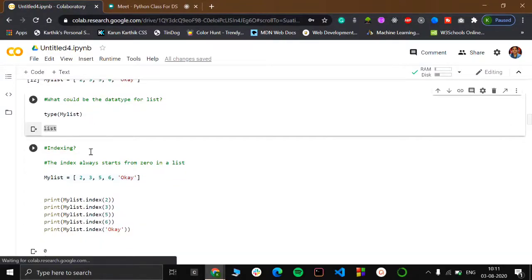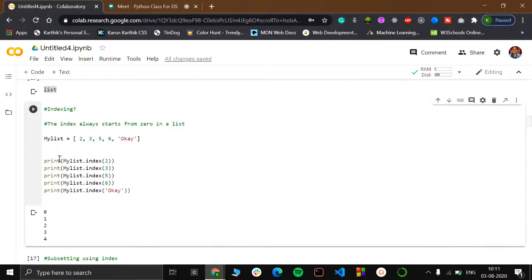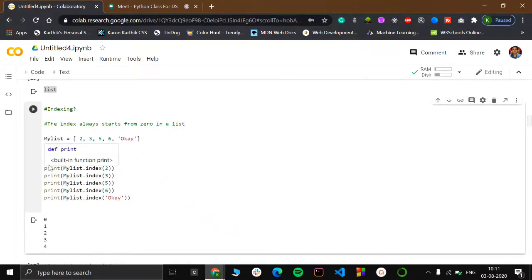And indexing is the most prominent and important one while dealing with lists. I have told you previously that indexing works something like this. Every index value starts from 0, 1, 2, 3 and 4. You can also find that by using the method mylist.index, and if you want to know the index of 2, mylist.index 2 gives you 0.